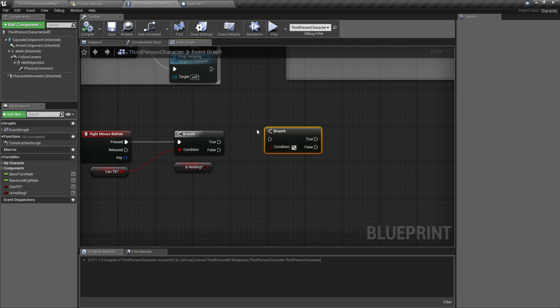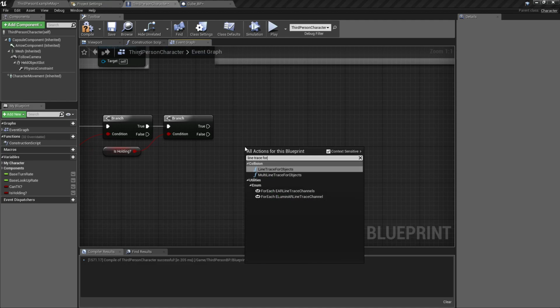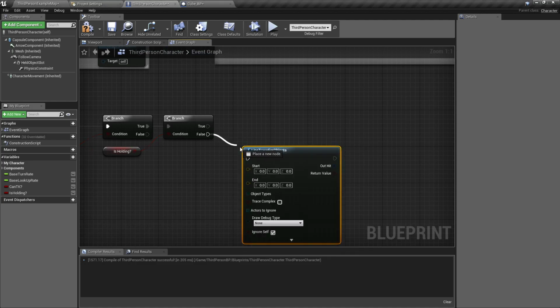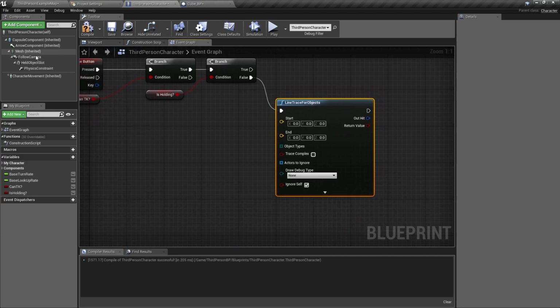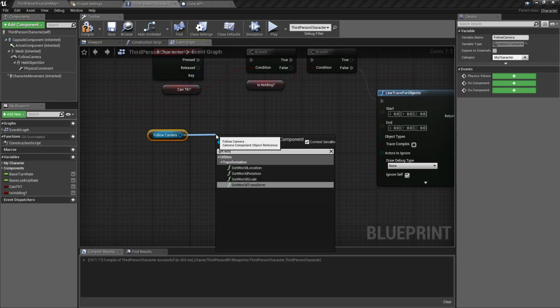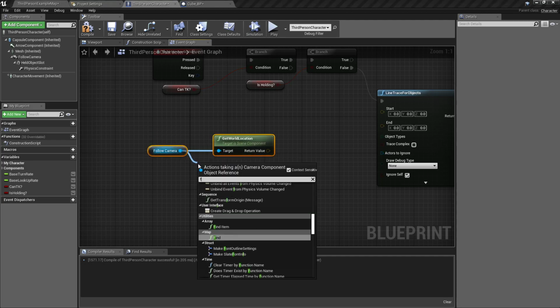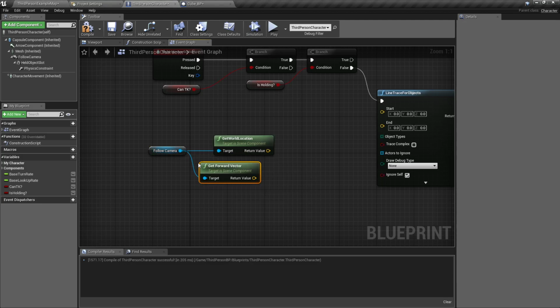So we'll add another branch, B left click, and if we are not holding, then we want to do a line trace for objects to see if there's anything in front of us that we can hold. So I'll drag out my follow camera, get the world location, the forward vector,